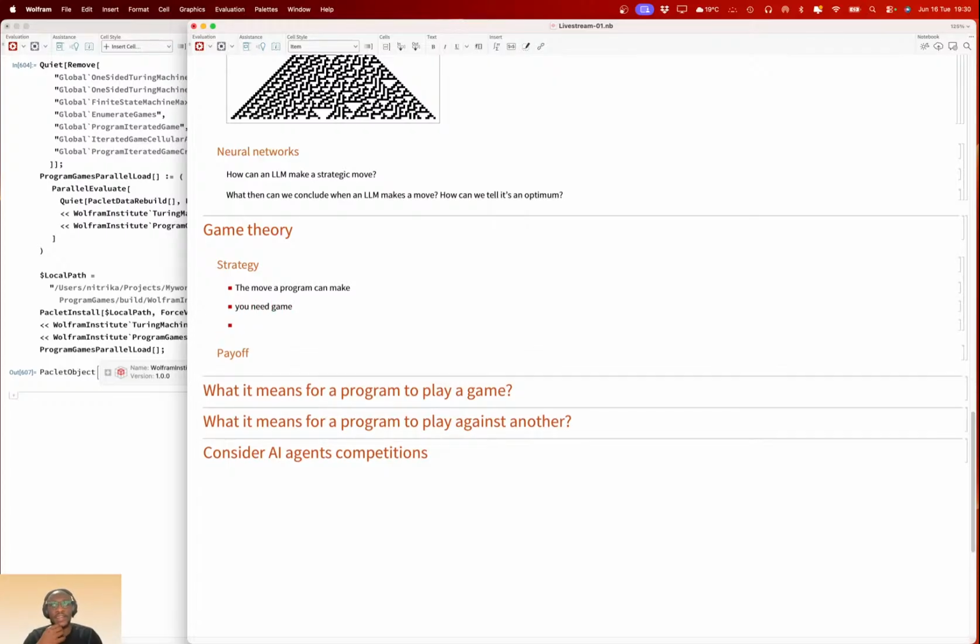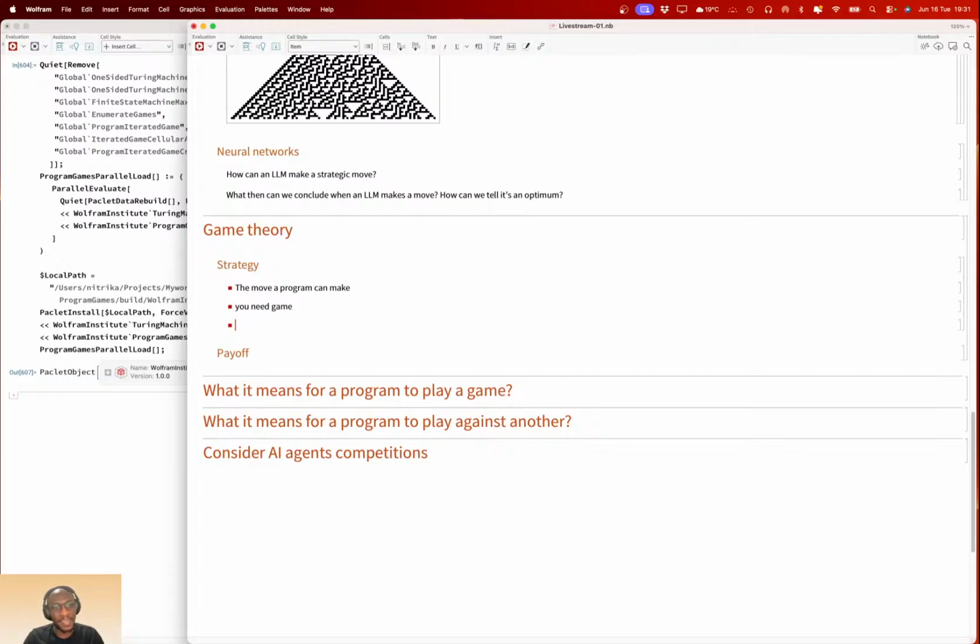If you're an economist, a strategy will simply be: what does the economy look like currently, and who is making more money than I? Based on that, what is the best move to make?